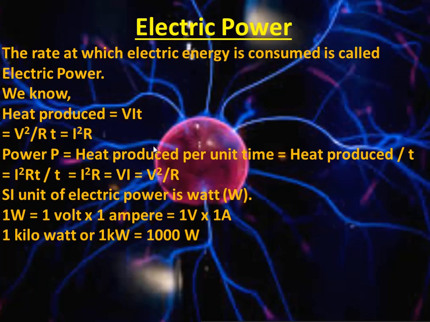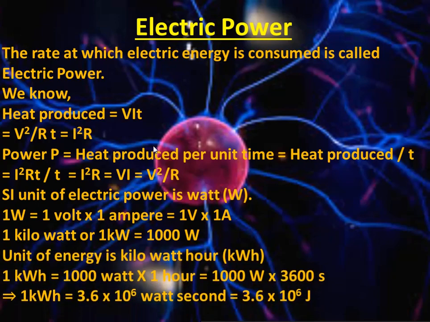Students, the unit watt is very small. Therefore, in actual practice, we use a much larger unit called kilowatt. It is equal to 1000 watts. Since electrical energy is the product of power and time, the unit of electric energy is therefore watt hour. We can define 1 watt hour as the energy consumed when 1 watt of power is used for 1 hour. The commercial unit of electric energy is 1 kilowatt hour, commonly known as unit.